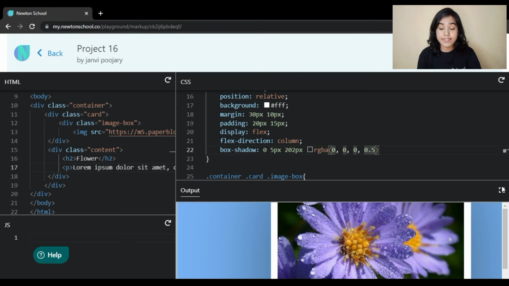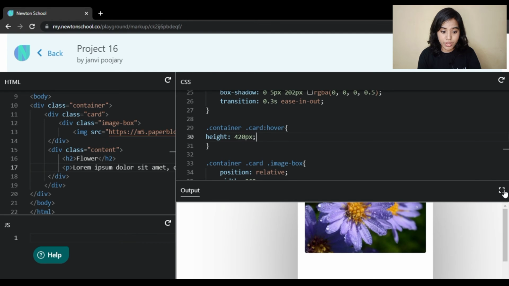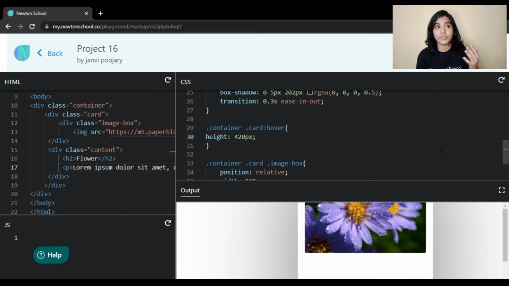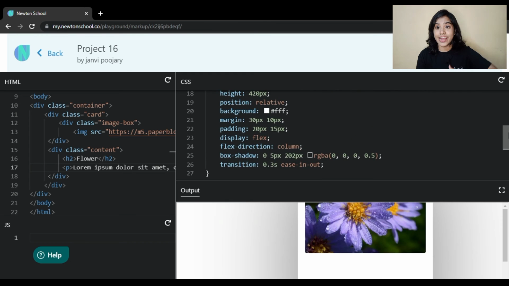And now we will say that somebody hovers on the card. What should happen? Its height should increase, right? Whenever its height increases, it will show the effect of something sliding down.